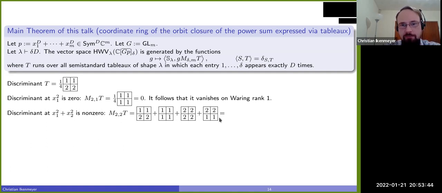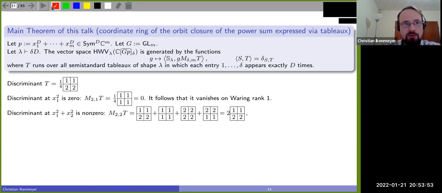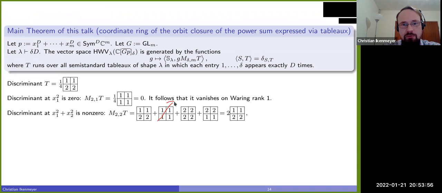You do the summation here. And so this summation has 4 summands now. And 2 of them are actually going to be 0. So can I, okay. So this one's going to be 0. This one's going to be 0. And these 2 are actually the same, because if you're switching these 2 entries, you get a sign change, and you're switching these 2 entries, you get a sign change. So you're actually getting this tableau here twice. This is 2 times this tableau here. And well, that's non-zero, but you want to have the function to be non-zero.